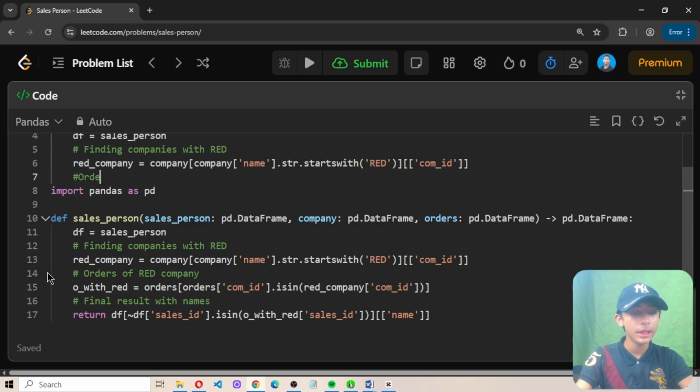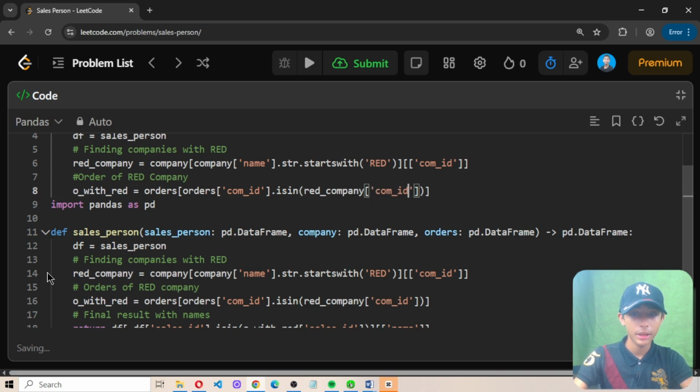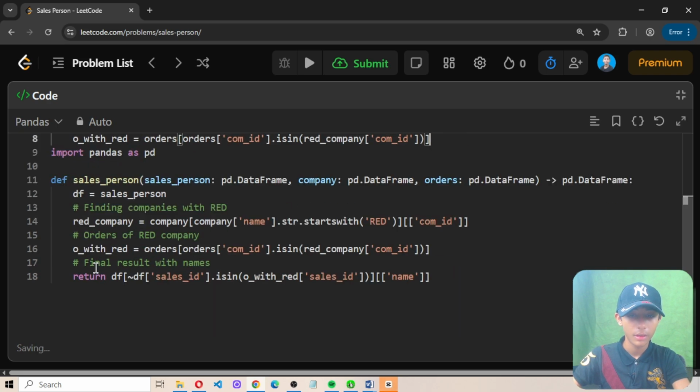So now in the second line here I define orders of red company: o_with_red equals orders, then com_id, and then dot isin, and then red_company equals com_id, perfect, enter.